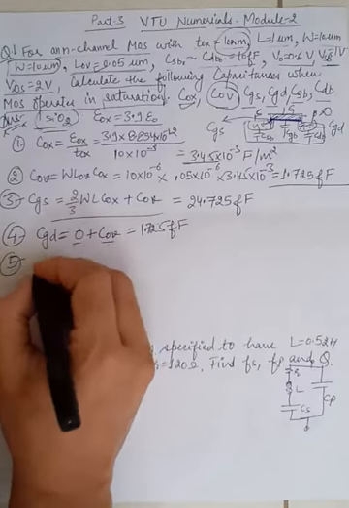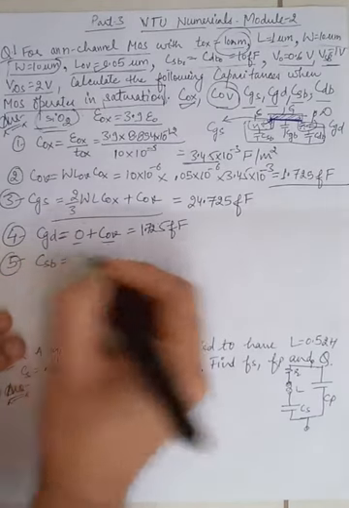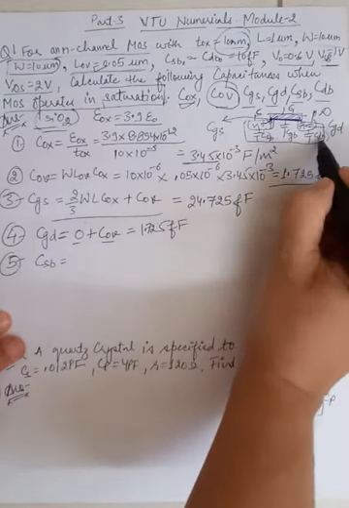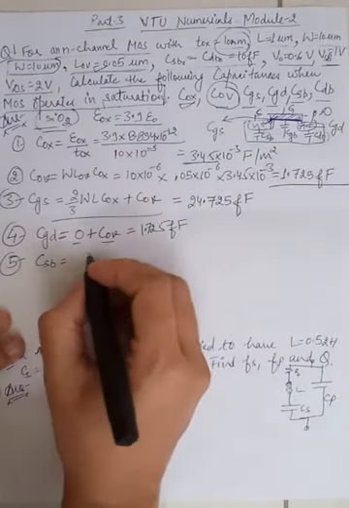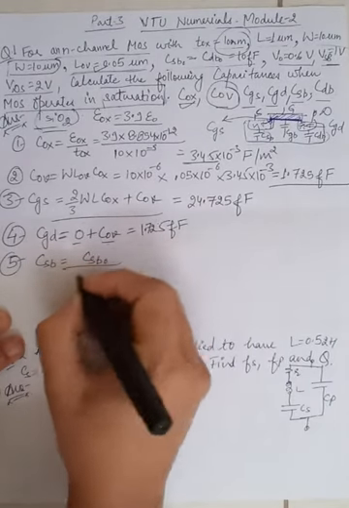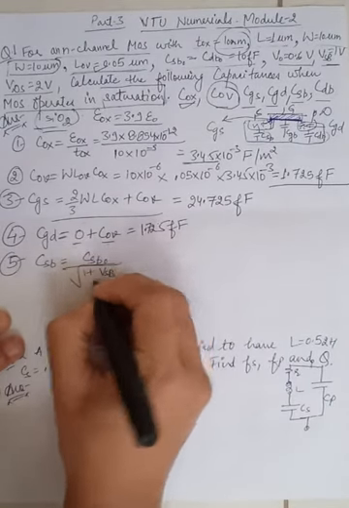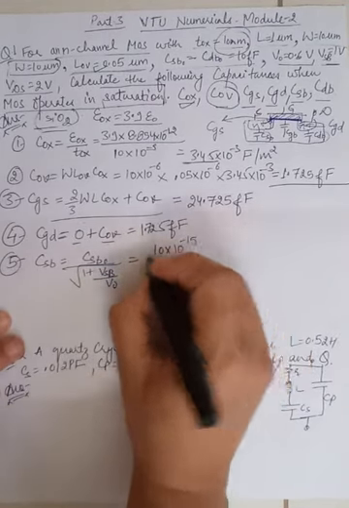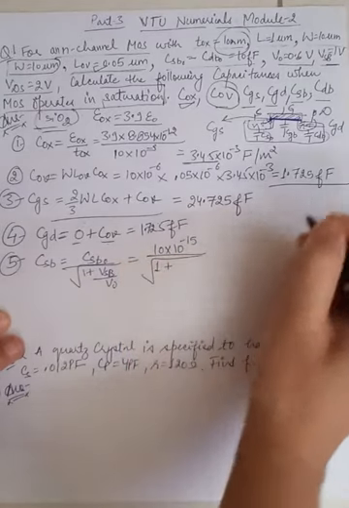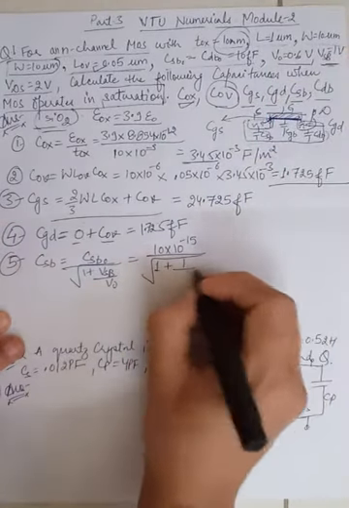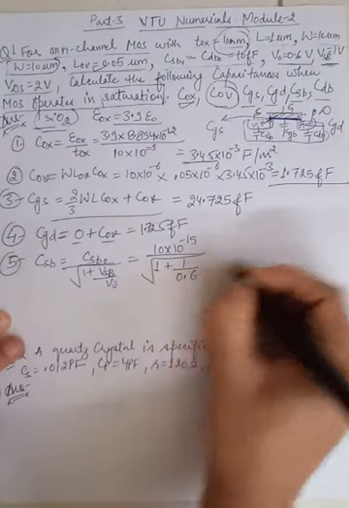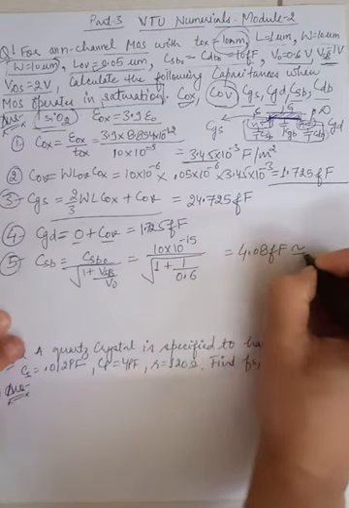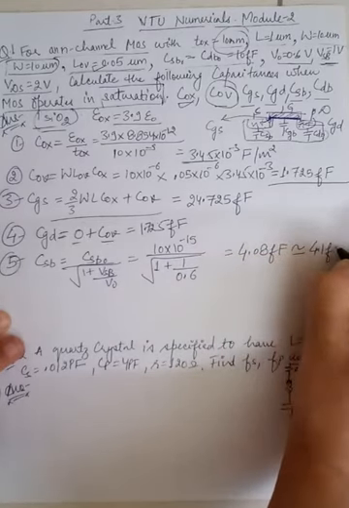How we can do that is, we know already CSB is this capacitance and CDB is this capacitance. CSB and CDB are junction capacitances. Formula for junction capacitance is CSB naught divided by root of 1 plus VSB divided by V naught. CSB naught 10 into 10 to the power minus 15 given to you, root 1 plus VSB. VSB is given to you as 1 volt. V naught is given as 0.6. When you solve, you'll get the value as near about 4.08 femtofarads, or even write this as approximately 4.1 femtofarads.